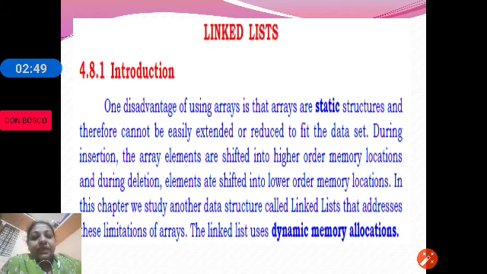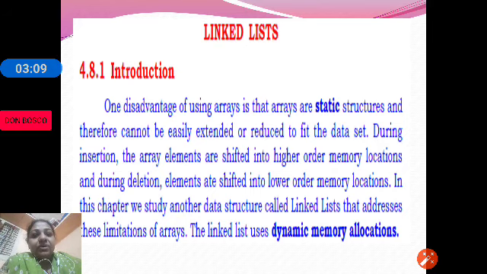Extend means, suppose you have declared an array with size 5 and you want to store 10 elements, it's not possible. You have given array size as 5 and you are storing only 3 elements, so 2 locations are wasted.